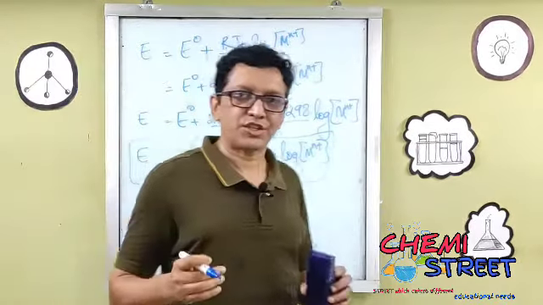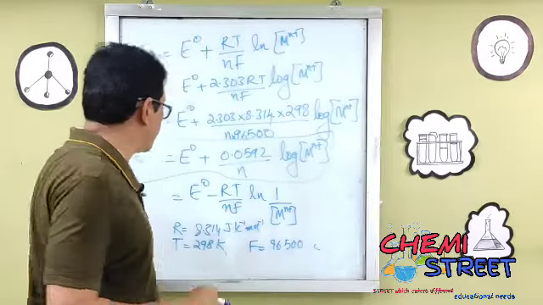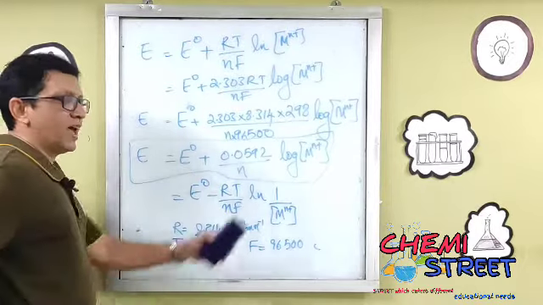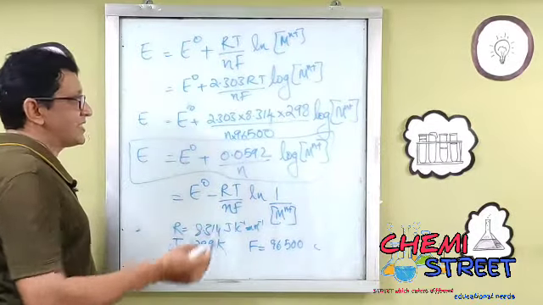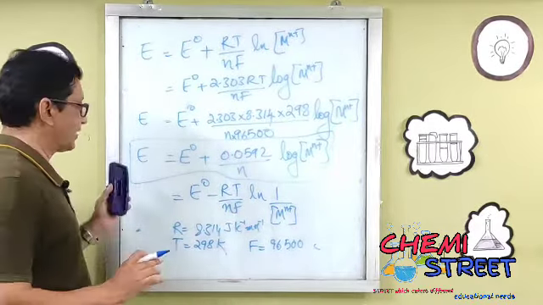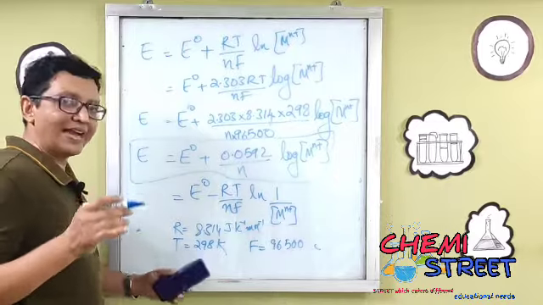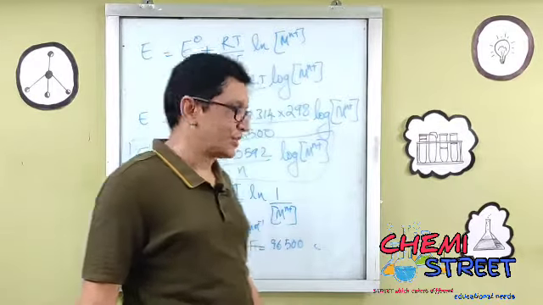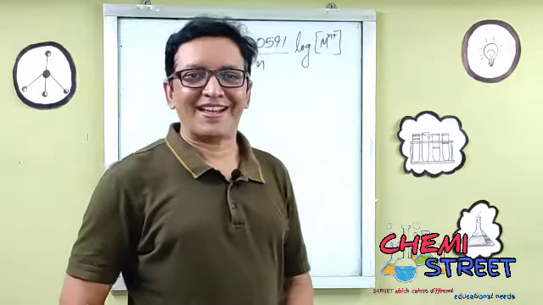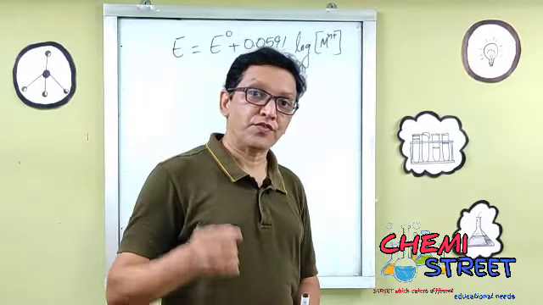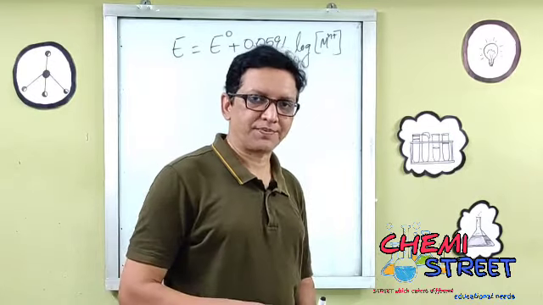What is the Nernst equation? The Nernst equation gives us a relationship between electrode potential, standard electrode potential, the concentration of ions, as well as temperature and so on. This is the way of finding out the electrode potential from the standard electrode potential, and it is applicable for different concentrations and different temperatures also. We have applied the Nernst equation to calculate the single electrode potential from the standard electrode potential.